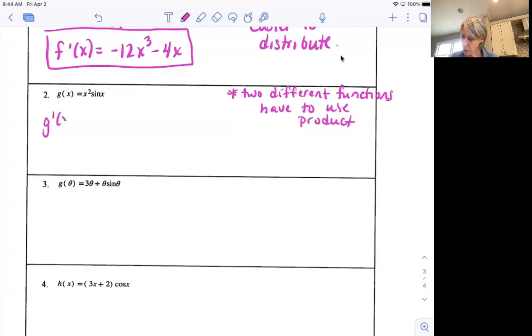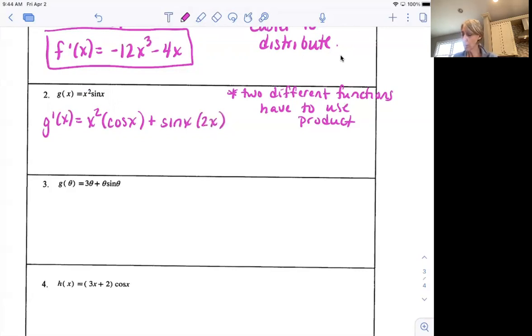G prime of x would be the first function, x squared, times the derivative of the second, cosine x,